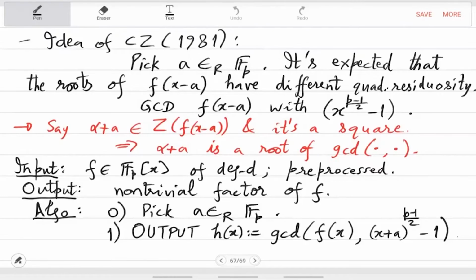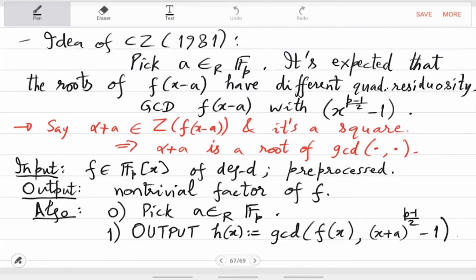Okay, so last time we finished Cantor-Zassenhaus algorithm. In the input, you are given a univariate polynomial over a prime field Fp of degree d. It is pre-processed, which means that F completely splits into roots. There are d distinct roots, all are numbers from 0 to p minus 1. In the output, you want to find some factor of F. Obviously, if you can find one factor of F, then you can apply this repeatedly and ultimately